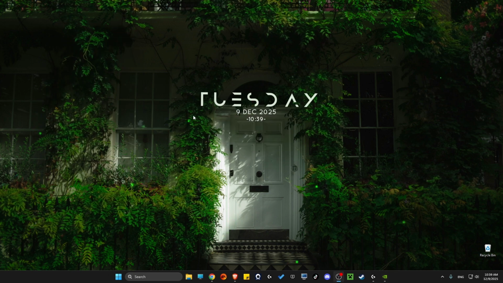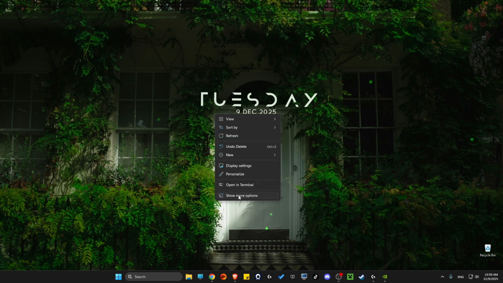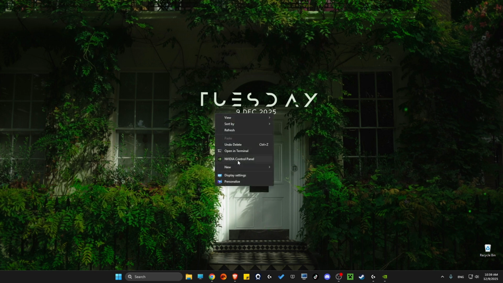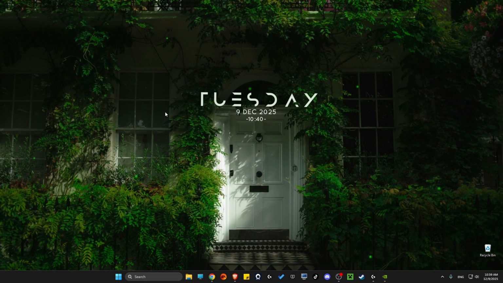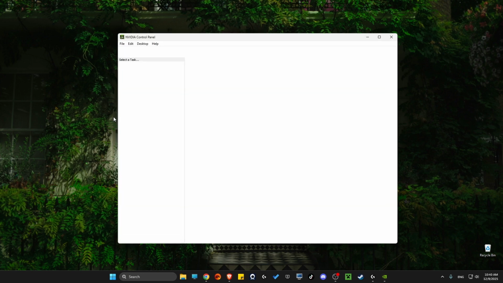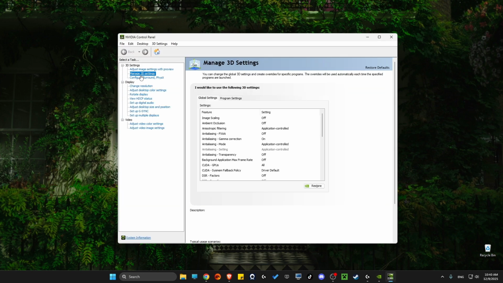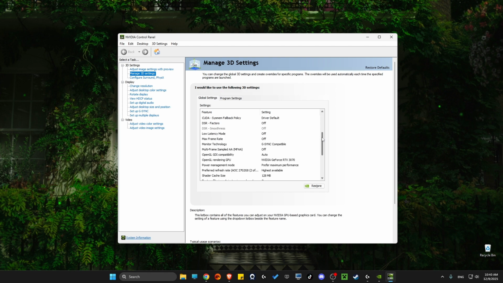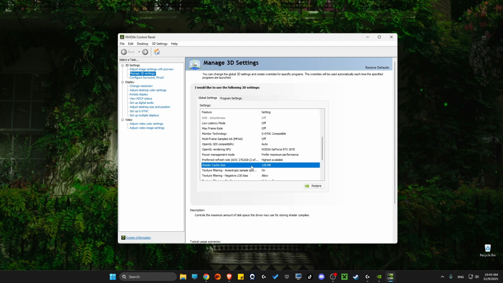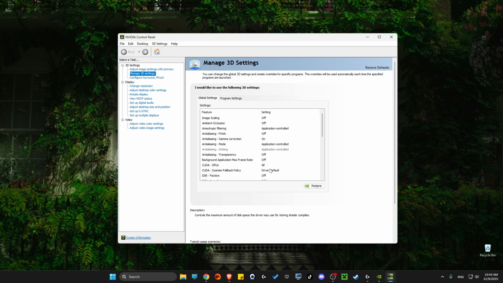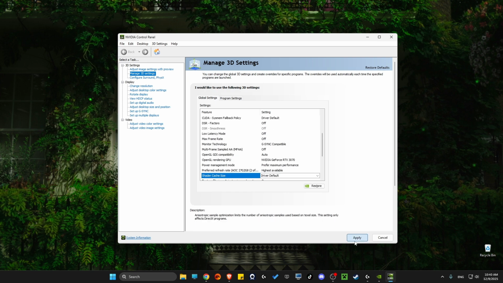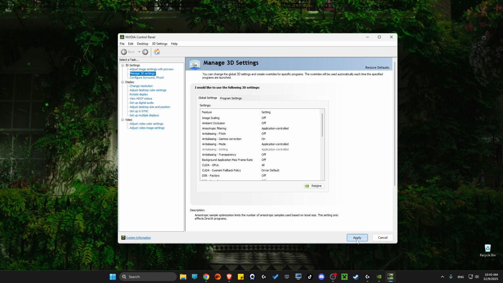After that, what you need to do next is to right click on your desktop, show more options, NVIDIA control panel, wait for a couple of seconds until it loads up, go to manage 3D settings, scroll down until you see shader cache, and then here make sure it's driver default. Wait for a couple of seconds, apply, wait until it applies, and after that you can close